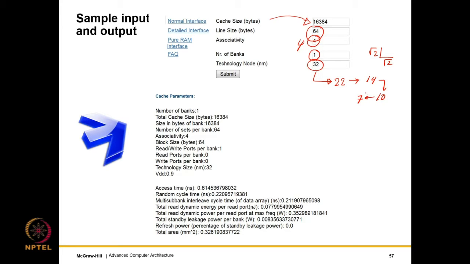So what is the technology node? Well, the technology node or the feature size is the size of the smallest structure that can be fabricated on silicon reliably. So traditionally it is the DRAM half pitch. Well, when we discuss DRAM, I can tell you more about what is DRAM half pitch, and that's going to come in chapter 10.